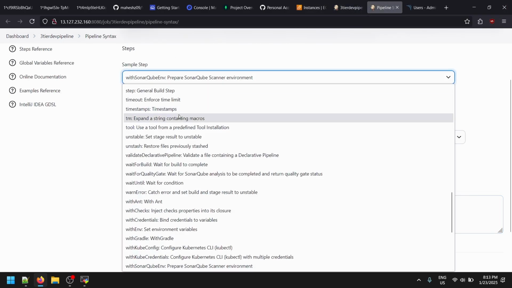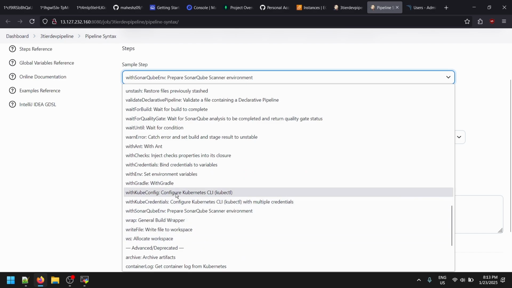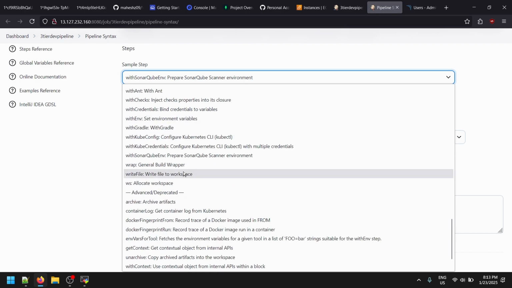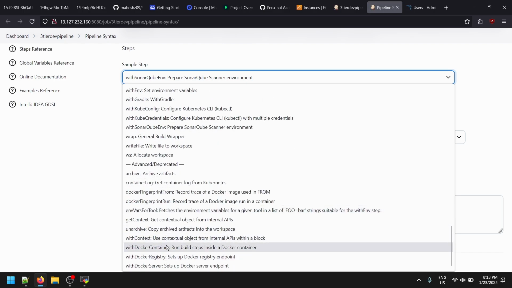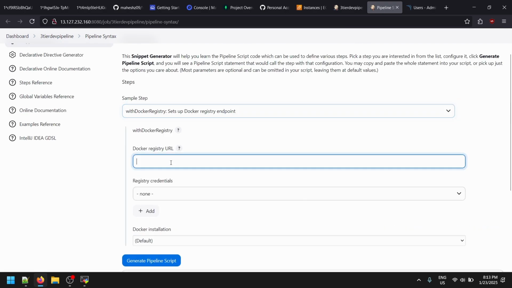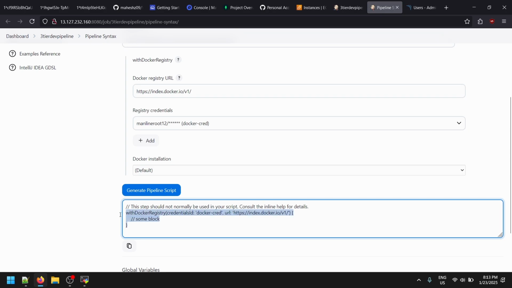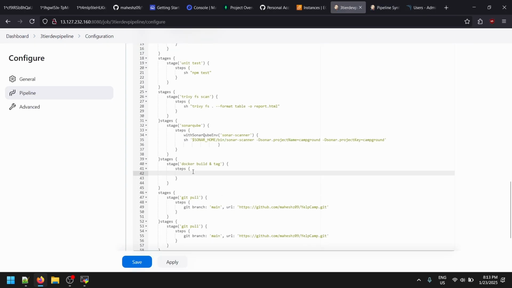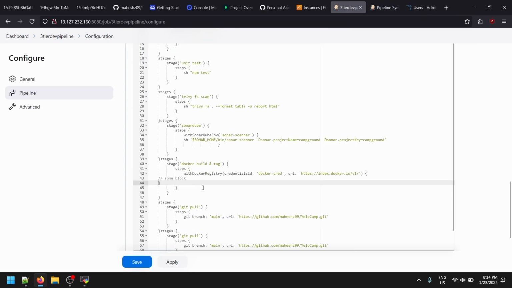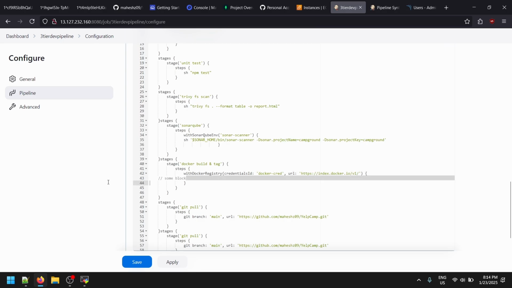So with the credential ID, we need to provide a with block. In the with block, we find the Docker registry. The Docker registry URL will be https://index.docker.io/v1. The credential will provide the Docker credential. Just copy this whole block. So once you have copied this block,